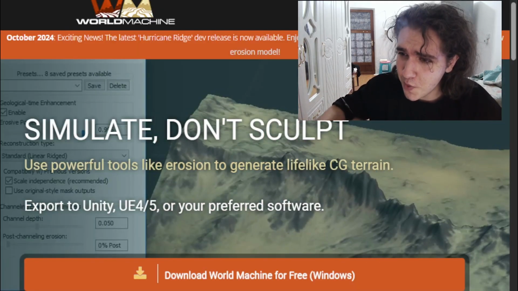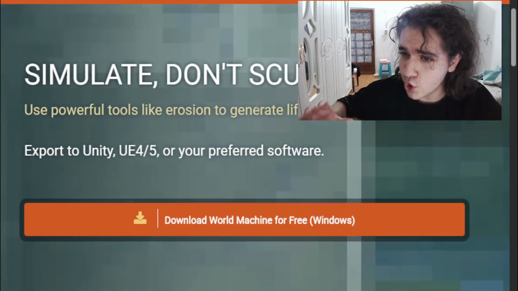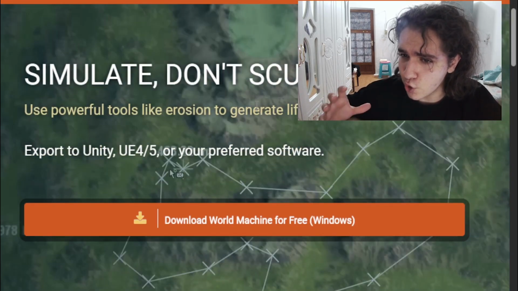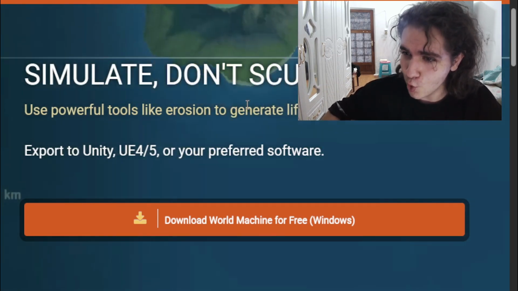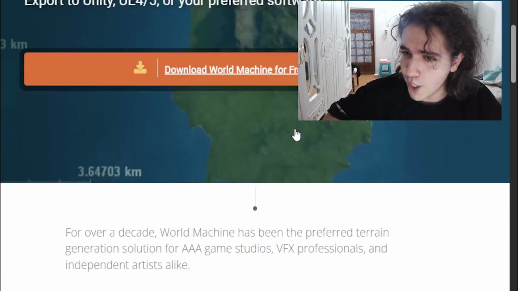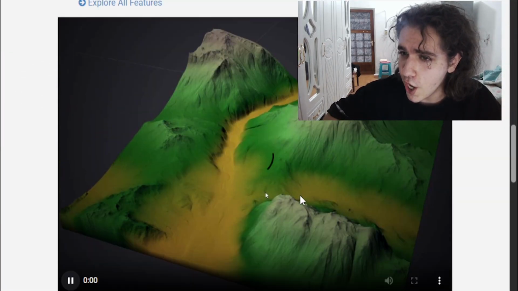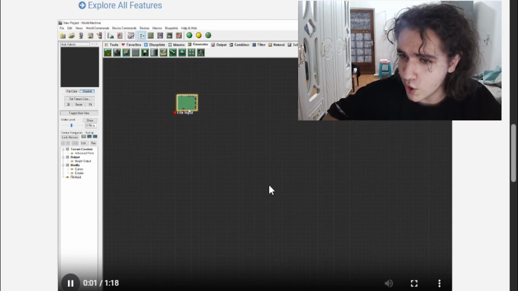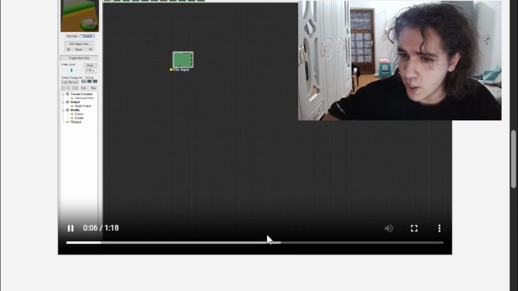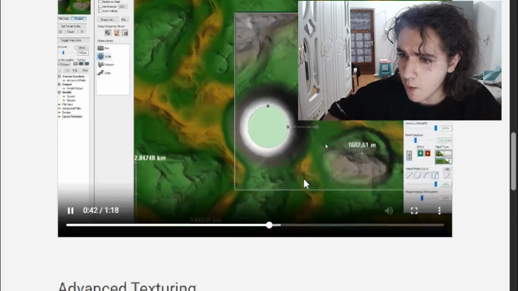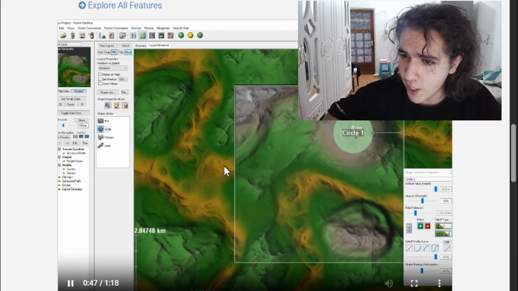For terrain, usually people don't just sculpt their terrain. They use World Machine, for example, which is one of the best tools for terrain generation. They don't sculpt the terrain like most people do in indie development. They generate it using a tool like this. As you see, it's a very amazing tool. It's very manageable and easy to use after setting it up, and it gives you a lot of variations and less headache for shader compilations.